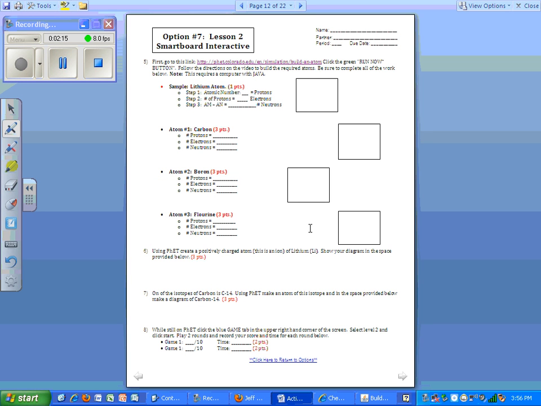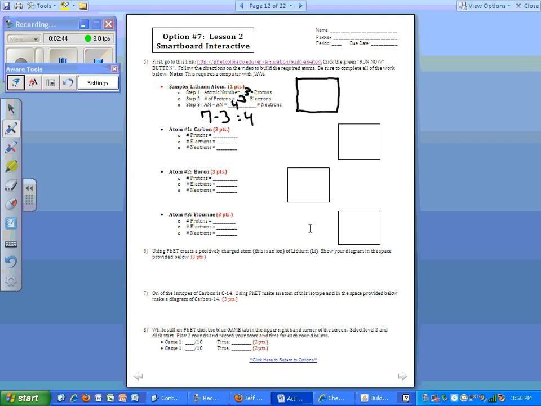All right, so I have the atomic number right here, which equals the number of protons, which is 3. My number of protons equals my number of electrons, which was 3. And my atomic mass, which was 7, minus my atomic number, which was 3, gave me 4 neutrons. And in this box right here is the spot for you to draw your